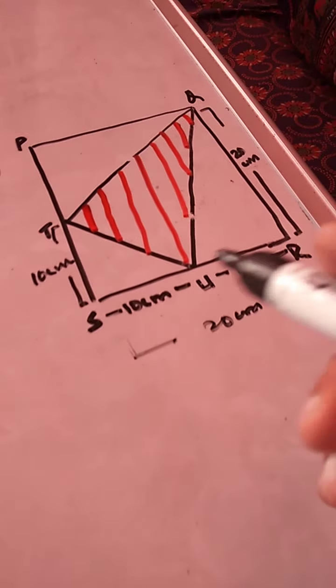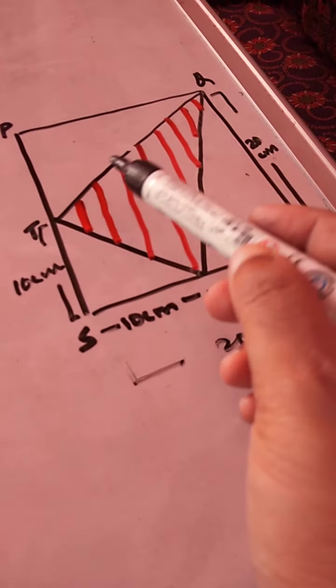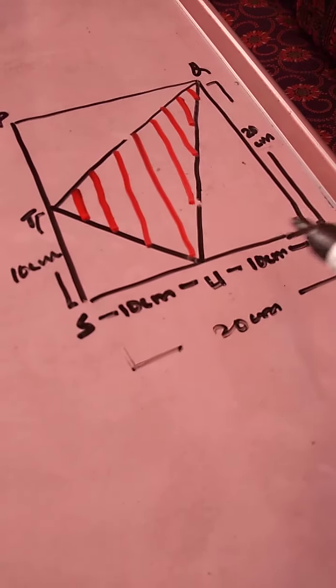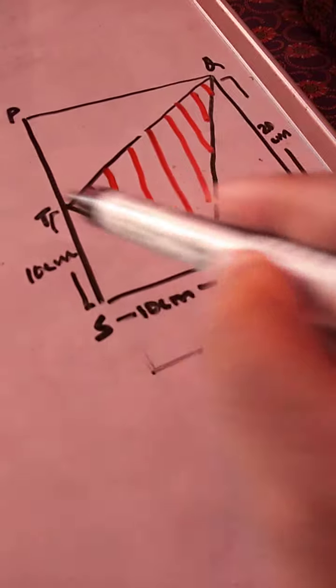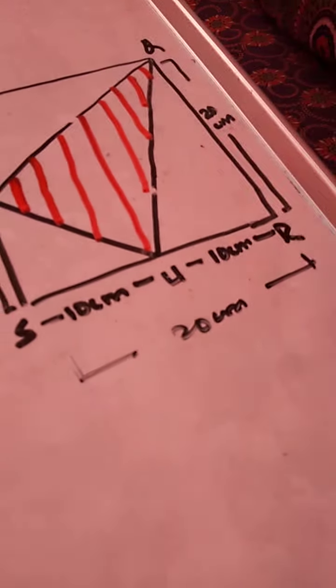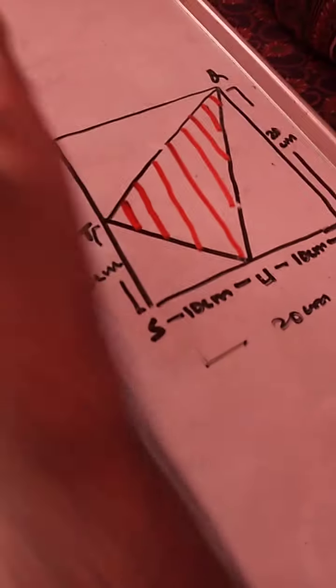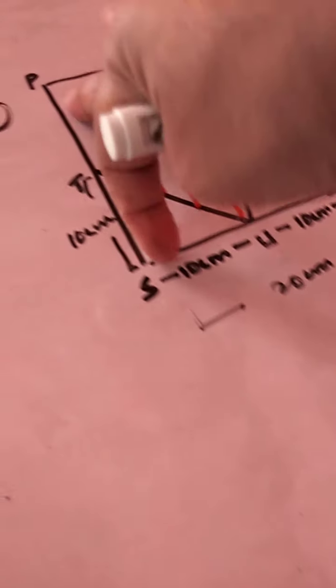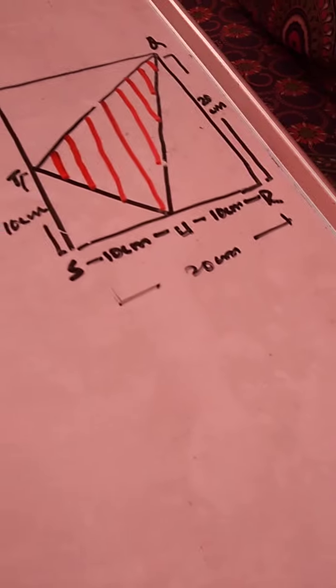Now, again, we have to get the area of the shaded portion, which I have marked with red color. Okay, so how to get it? Suppose this is a cake and I'm asking to get this particular area, how to get it? So how many triangles will you remove? This triangle you have to remove, this triangle also, this triangle also. So from the whole figure, you have to remove these 3 triangles, isn't it? So that you can get this particular red portion.